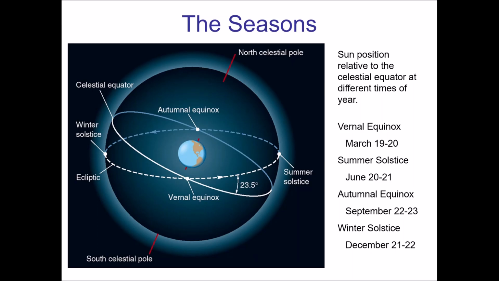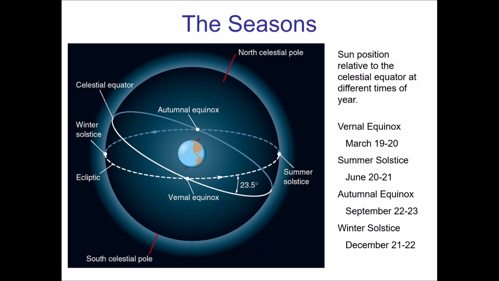So we go back to our slides here. This is a picture that attempts to put the celestial equator and the ecliptic together. This is a unique celestial sphere perspective. They are showing the Earth as having a tilt. The ecliptic is a horizontal line here, and we can see the celestial equator is tilted 23.5 degrees. The dashed line you want to imagine is how the sun appears to shift as we orbit it. Now in astronomy, the year starts at what we call the vernal equinox. It's the first day of spring.